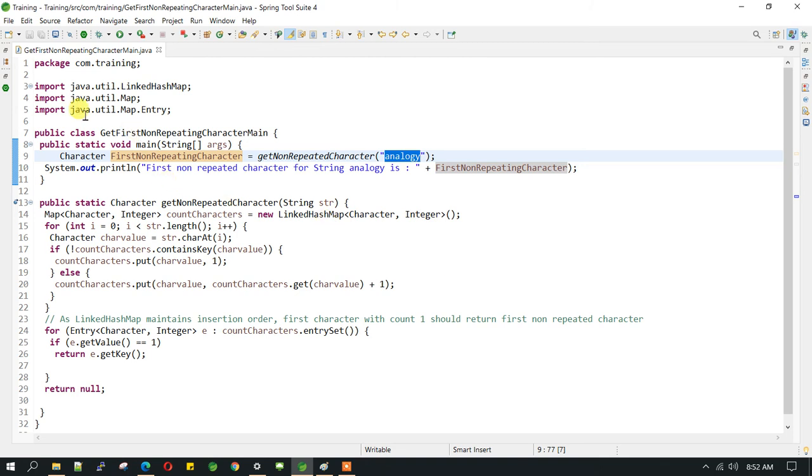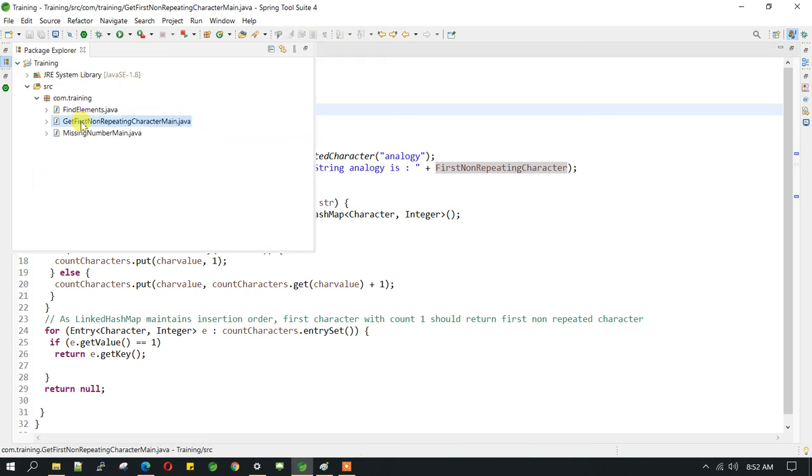Okay, so let me just go ahead and run this in debug mode. But before that we need to set a breakpoint so that the program stops here, and we can manually instruct STS to go one line at a time.